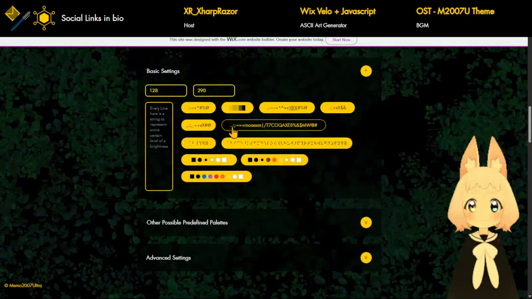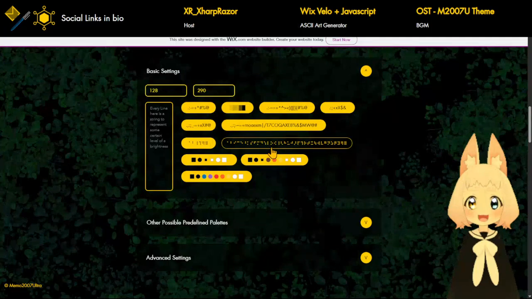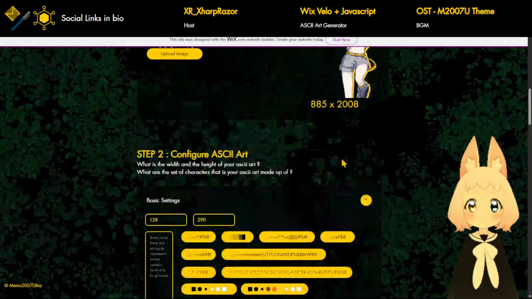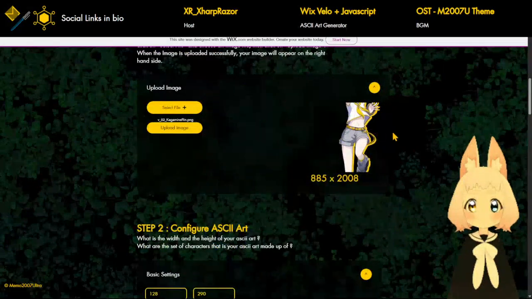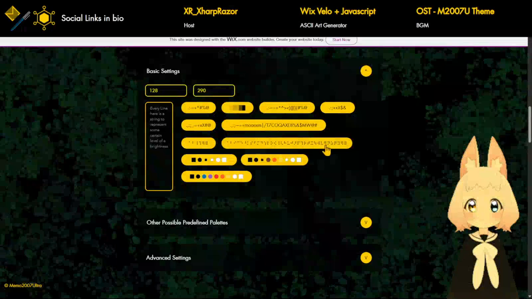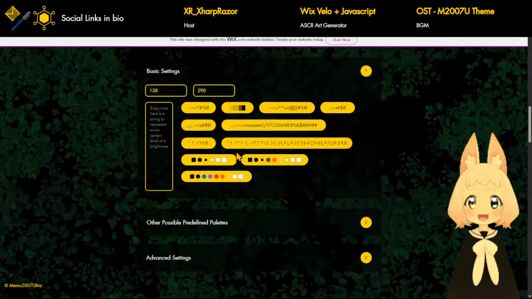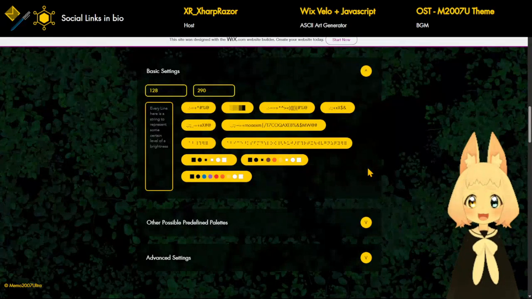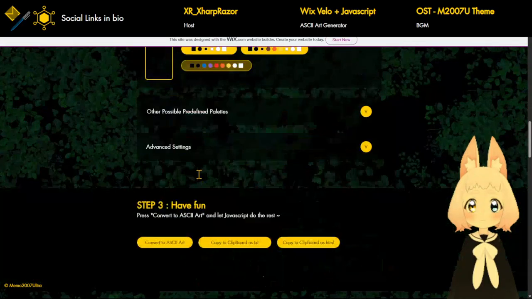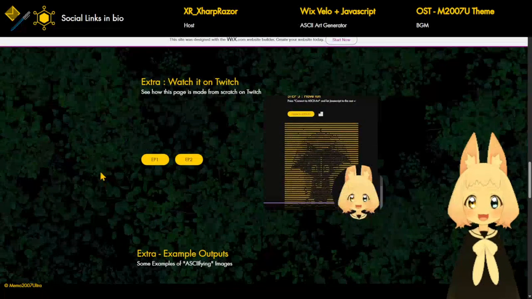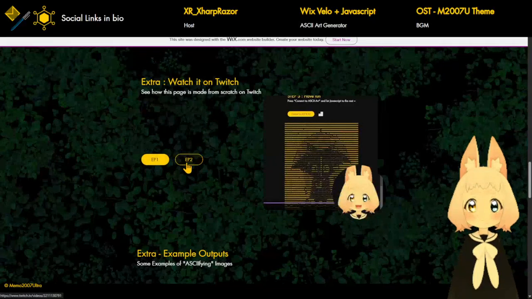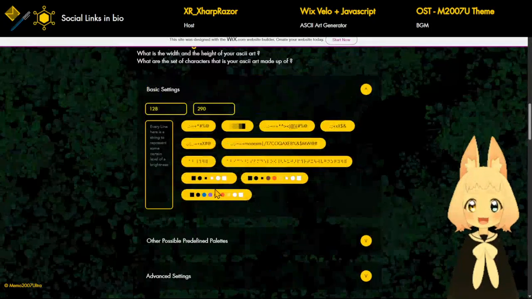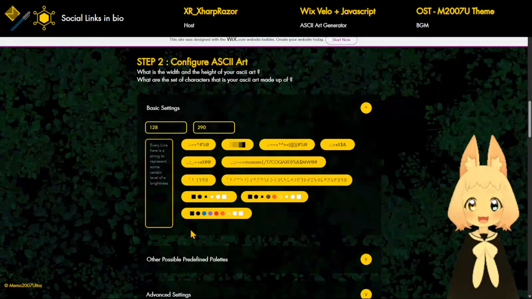So yeah. Next thing is the set of characters, or I will call it the character gradient. For now, ASCII is capable of making a grayscaled ASCII art, so the leftmost is the darkest, the rightmost is the brightest. In the past, if you watch some of the previous episodes, like if you keep on scrolling down, here are the VODs. If you go watch episode 1 and episode 2, you might notice that, hey, in that case,